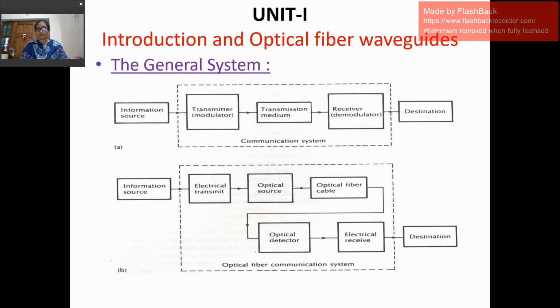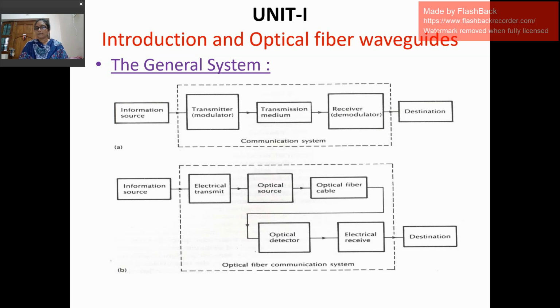What is the main function of the optical detector? It converts the light signal into an electrical signal, which can be received by the electrical receiver. We give a non-electrical signal, and here in the electrical receiver, after passing through the optical detector, we obtain the electrical signal. In this section, the electrical signal is converted into a non-electrical signal, and the same information we gave in the information source is sent to the destination point. This is the general block system and optical fiber communication system.